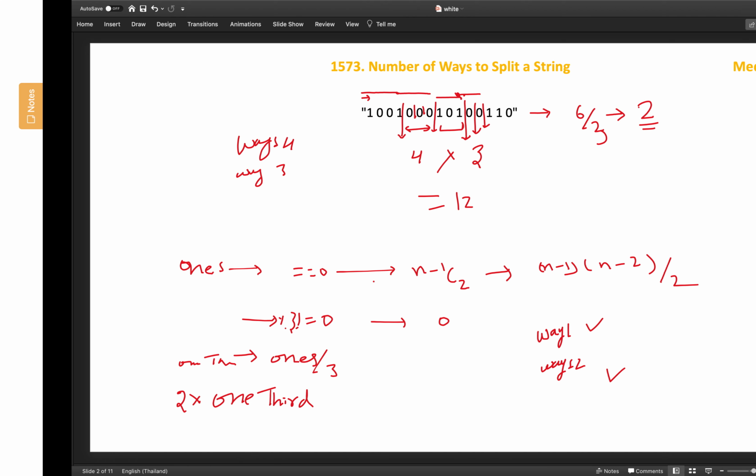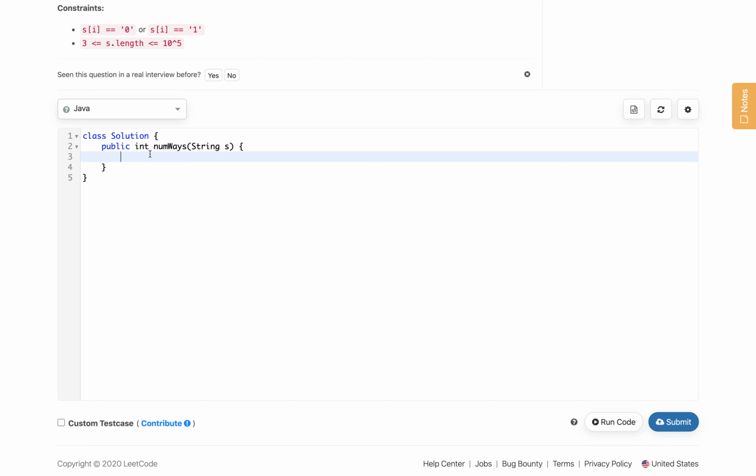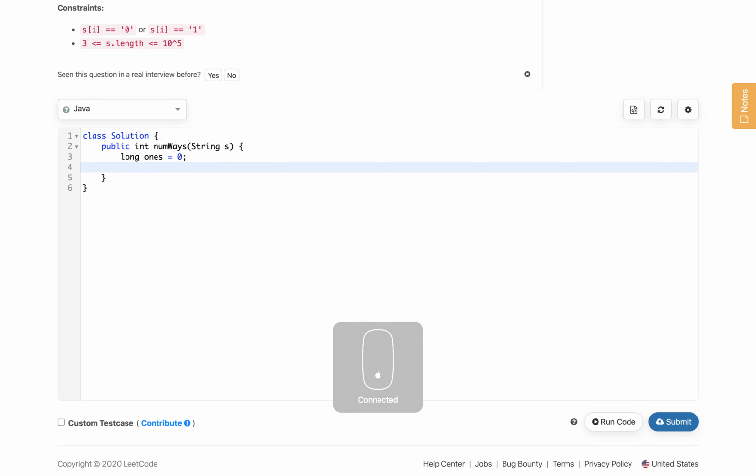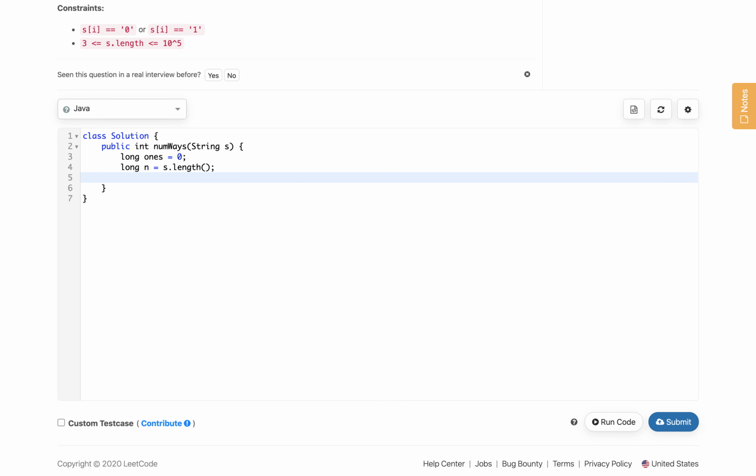So, let us implement this code. For the code we will need one long variable, let us say count of ones, initialized to 0. Let us also take the length of the string, called length, which is s.length. Now we need to define the modulo. Let us define modulo also as a long variable. There are different ways to write this number, and this way is clearer to see how many zeros there are. So this is 10 to the power 9 plus 7.